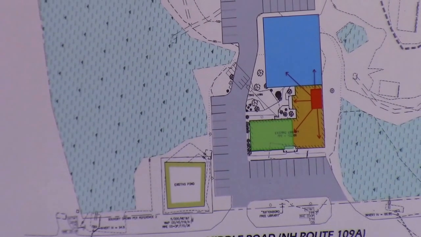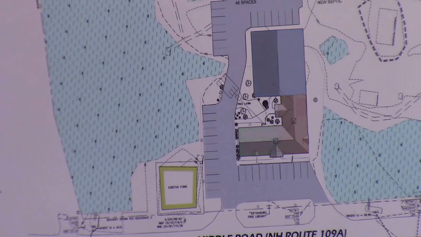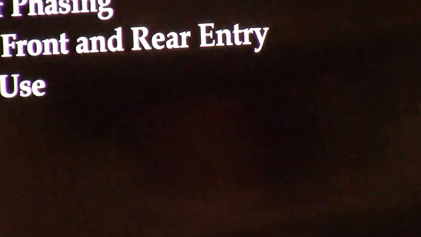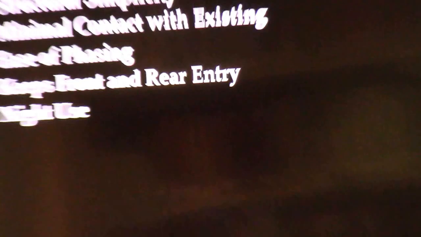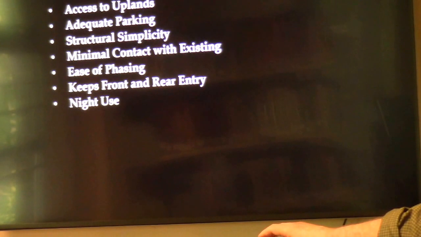So this becomes our main access, our main entrance? It would make sense to make that the main. I have large-scale plans where you can see that, and there's actually multiple variants of that. Now, there's